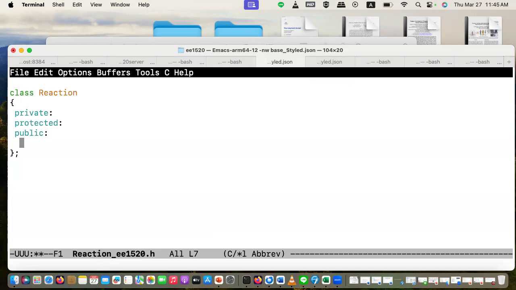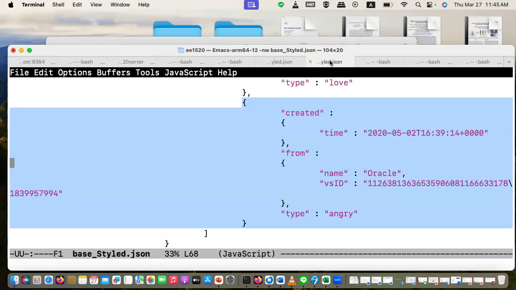The first thing I mentioned is that we need attributes. So the first question I want to ask you: how many attributes do you think we need? Three? Okay, great.